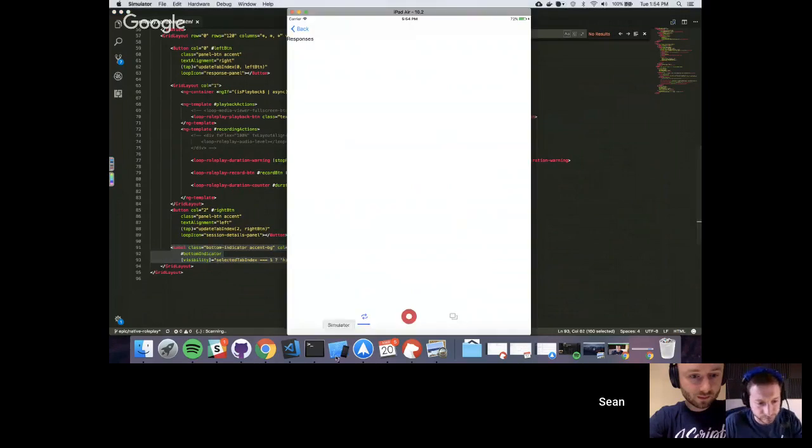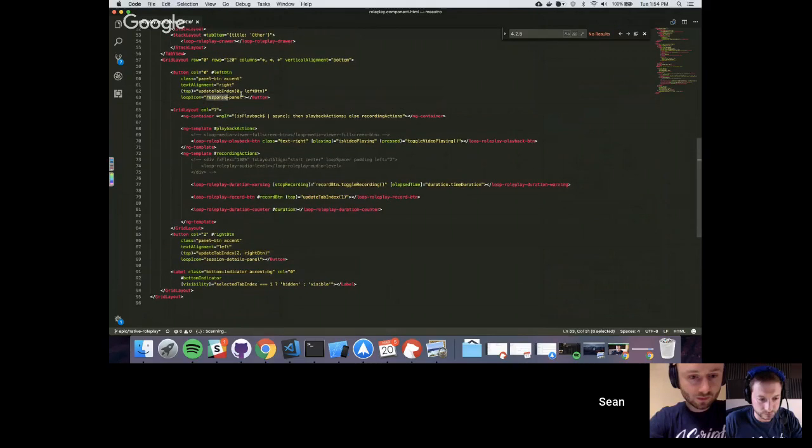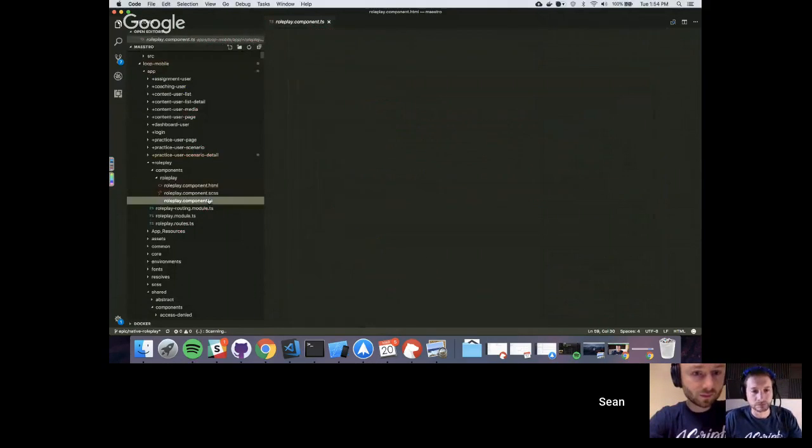I'm just translating the label between the positions. When I tap on a button, I pass in the value here, the index of it, and I pass in the full button element using the view child lookups inside of Angular. And if we actually look at that function,